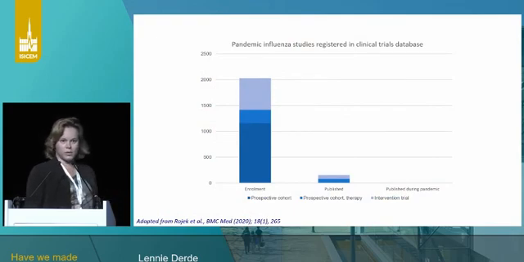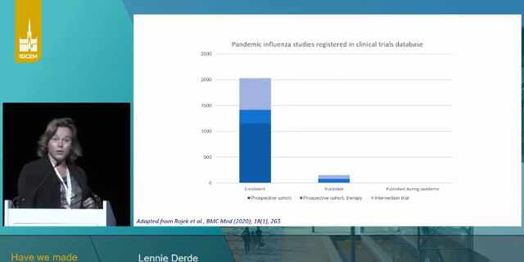This is a slide from the last pandemic, or one of the last pandemics. This is data from the influenza pandemic that we had in 2009. What you can see on the y-axis is the number of patients, not the number of trials, that were included in either prospective cohorts, whether or not on therapy, and intervention clinical trials. And what you can see in the second bar is that data of only 153 patients was published that were included in either therapeutic cohorts or intervention trials. None of these trials, there were 2 trials and 1 prospective cohort, were published during that pandemic.